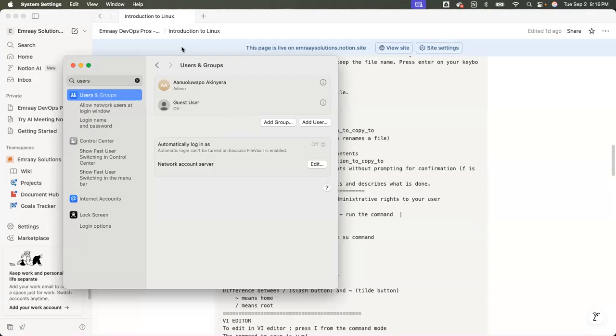I have a Microsoft Surface. When I bought the MacBook, I wanted to give the Microsoft Surface to my daughter. So I created a new user for her. So she uses the computer with a user, but my user is still there. So that means two people can use the computer.